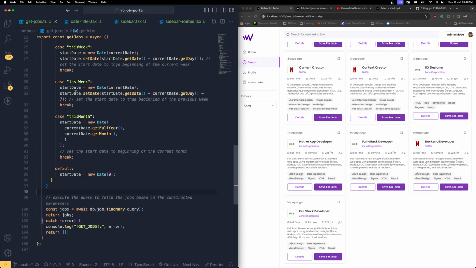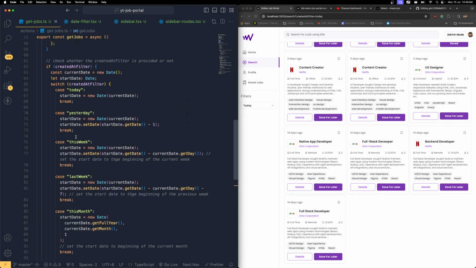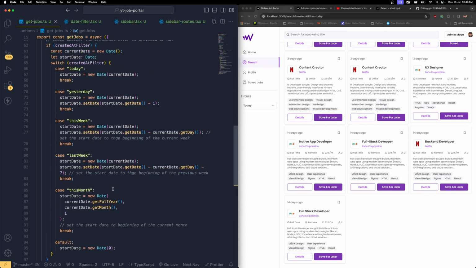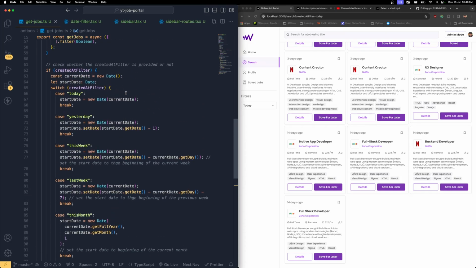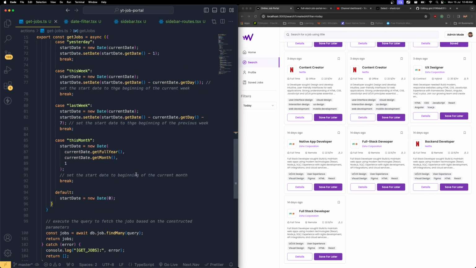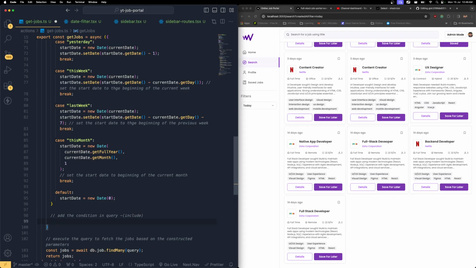Okay, now the switch case will have the value. Then we need to include this condition in the query params, right? So right after here, we need to add this condition in the query, which means we need to include it. We need to include this condition. Okay, so query dot var dot